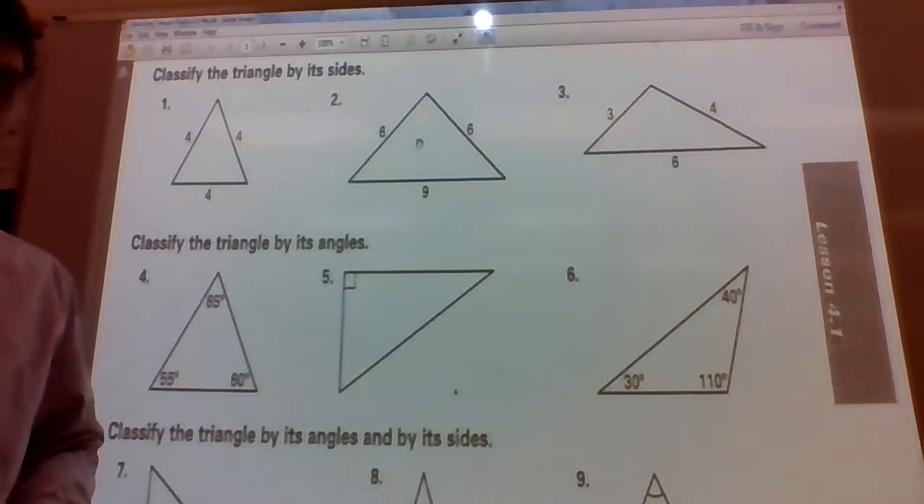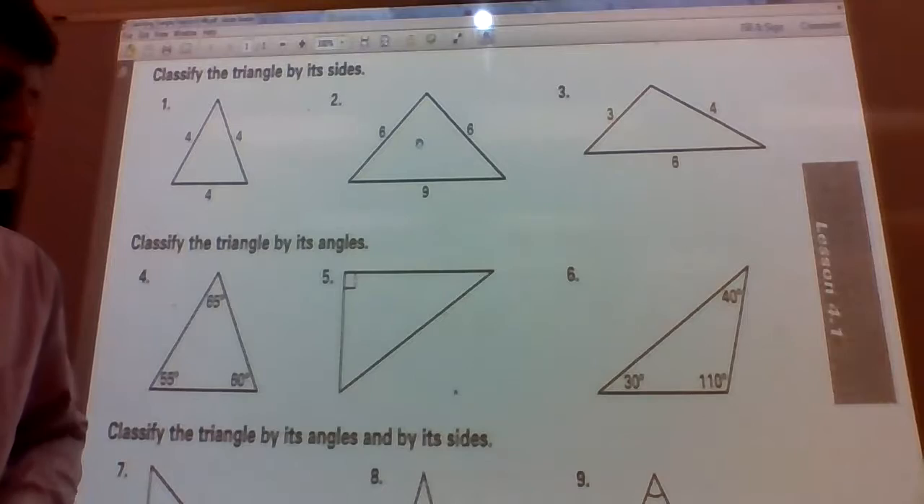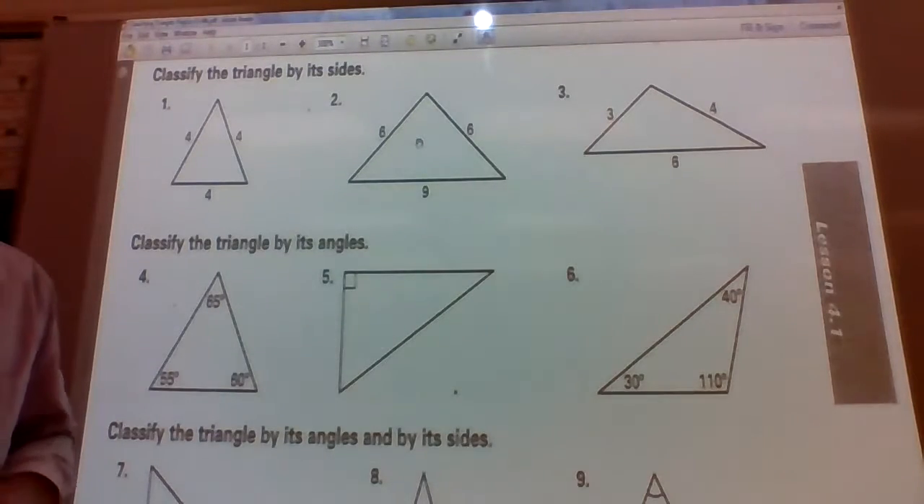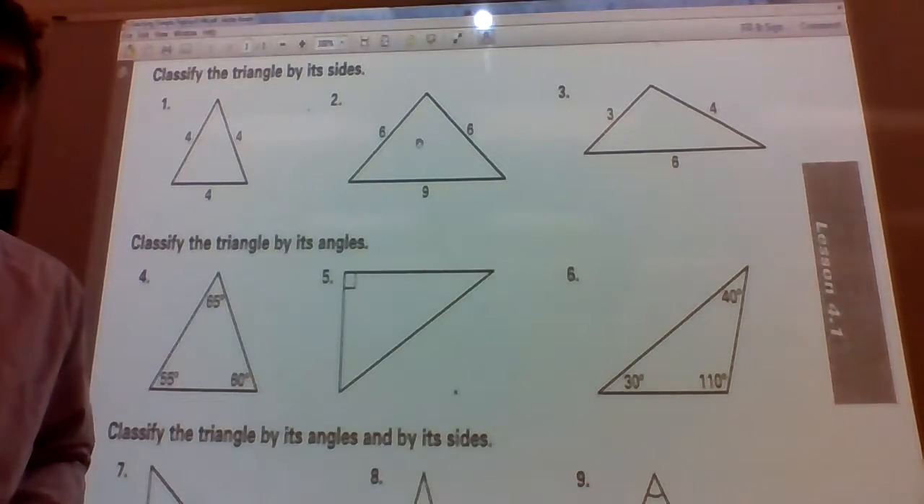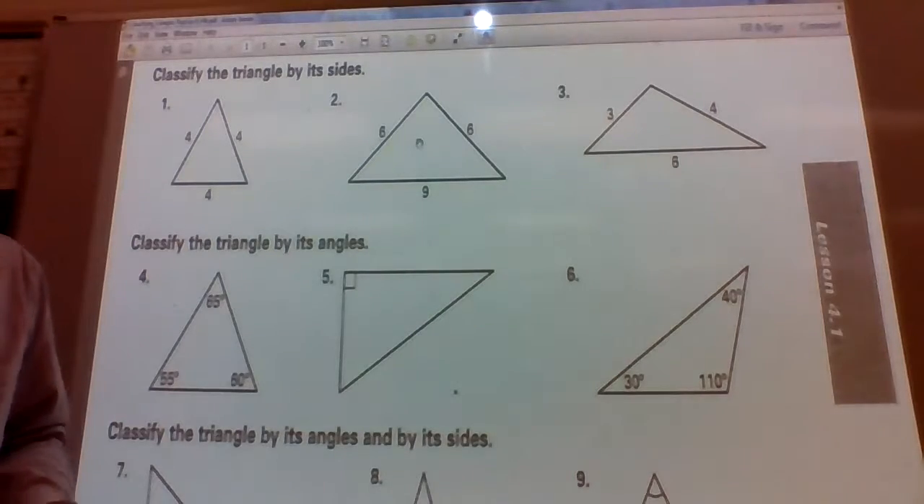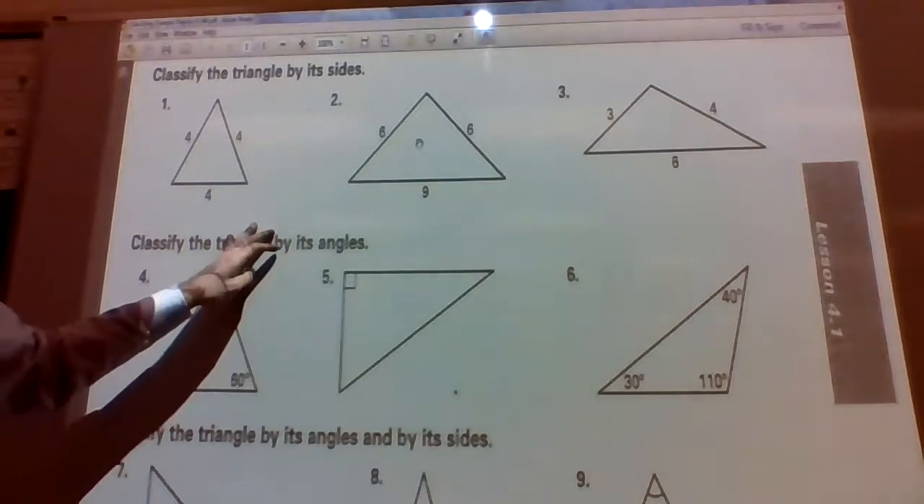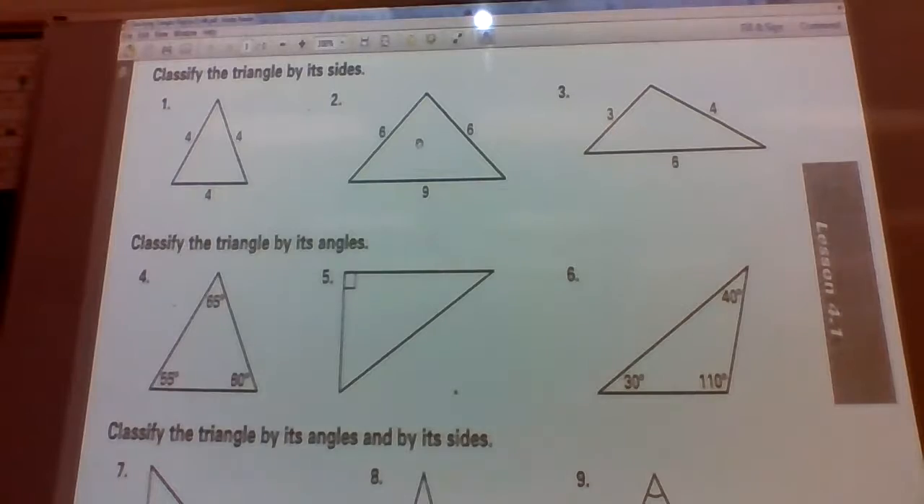This was the homework assignment for classifying triangles. Okay, two ways to classify triangles. We can classify triangles by their sides or by their angles. If we're classifying 1, 2, and 3, I asked them to classify by sides. So the ways we can classify by sides are